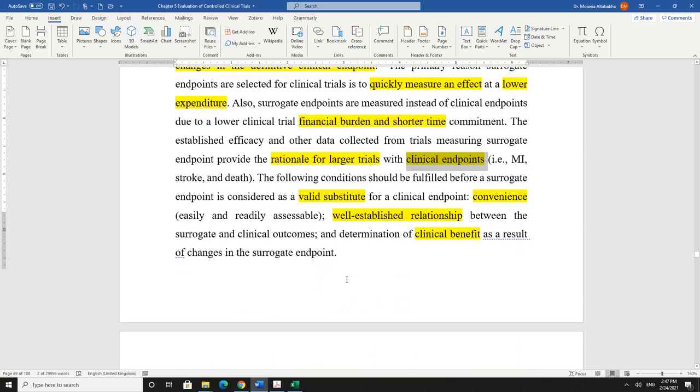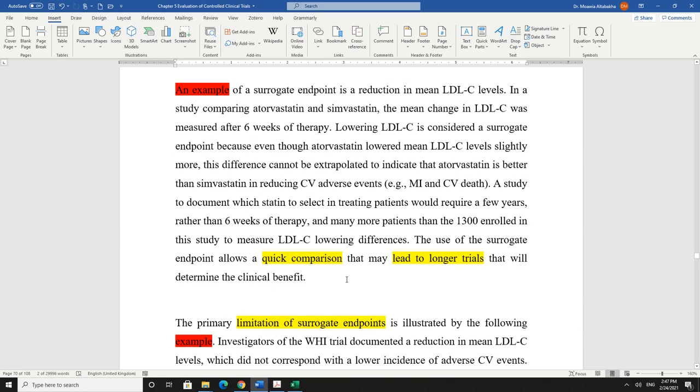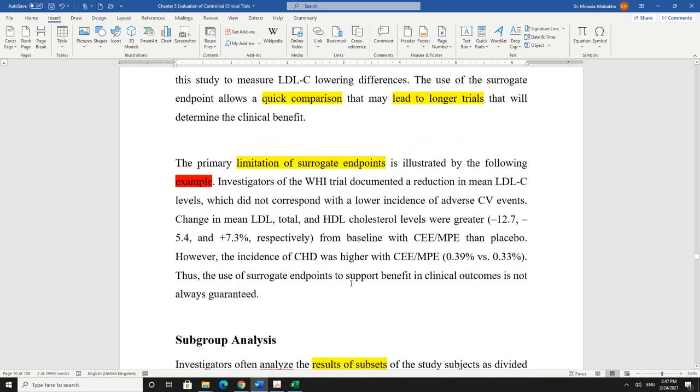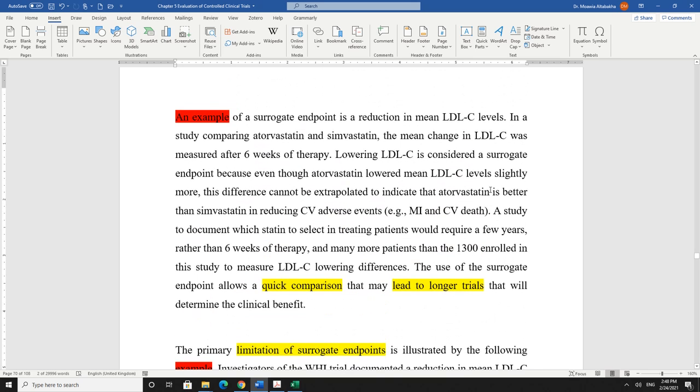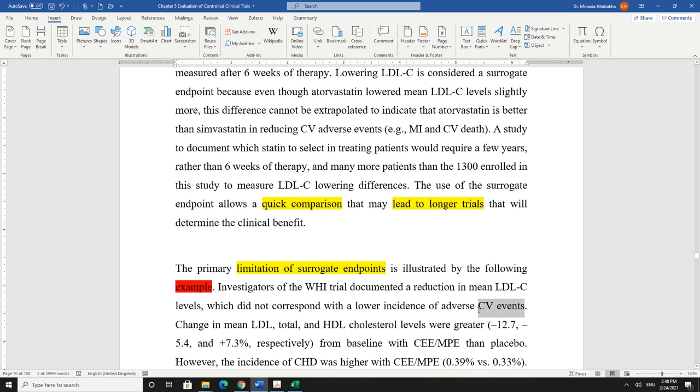Okay, what you need to know, and this is very important, is that sometimes, and this is the case with the Women's Health Initiative, although, look, low density lipoprotein, total cholesterol, etc., all reduced, but what happens to the cardiovascular diseases? They increased. Cardiovascular events increased even though there is a reduction in total lipids and cholesterol level, but okay, the CV events have increased. That's what we call a limitation of using surrogate endpoint. That's why after surrogate endpoint and we have the proof, we have to do a larger trial with